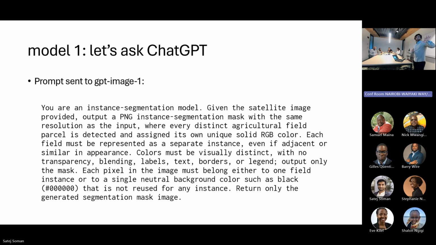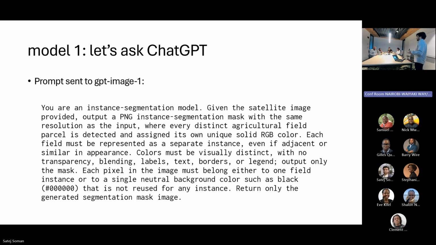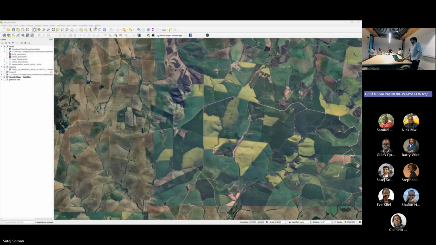And I gave it all this context about what I want the final segmentation map to look like. And here you can see our tool will allow us to actually call the GPT image one endpoint using data from our viewport here in QGIS, plus the custom prompt that I just showed you on the last slide. So here I'm creating a new UI element. I'm pasting the prompt that I want to send to GPT image 1. And what the tool is doing in the back end is taking the image from the viewport, sending it to GPT image 1 along with that prompt, and then georeferencing the data that it gets back and overlaying it on the map itself.